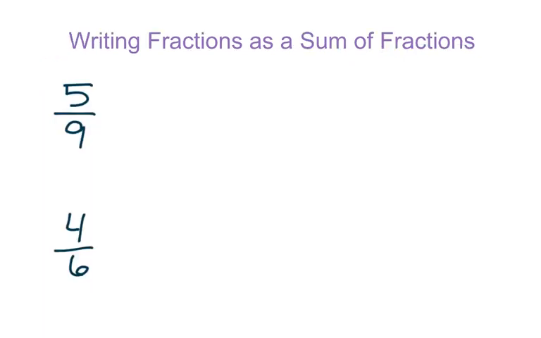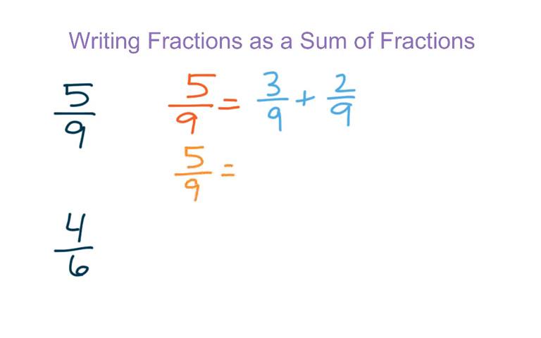All right. Our next section, we're going to write fractions as the sum of fractions. Now, we can write these as the sum of unit fractions, but there are also other ways that we can take these fractions apart. The important thing here is that our denominator stays the same. So if I were to represent 5/9, I can think about some addition facts that I know. How can I represent 5 in an addition problem? Well, 5/9 could be equal to maybe something like 3/9 plus 2/9. I could also represent 5/9 as 1/9 plus 4/9,